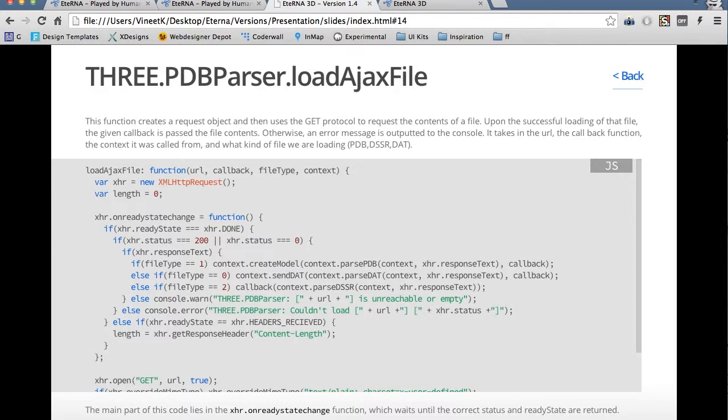Next is the load AJAX file function. So this takes in the URL that it's loading. It also takes in the callback and then the file type and the context from which it was called. So you shouldn't have to call this function. You should just be able to call the load file function. But just in case, if you need to add your own loading of files, then the way you do that is first you make this